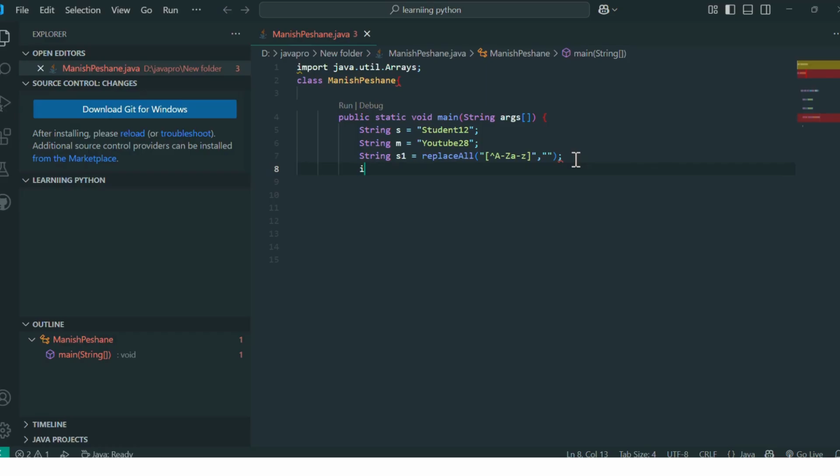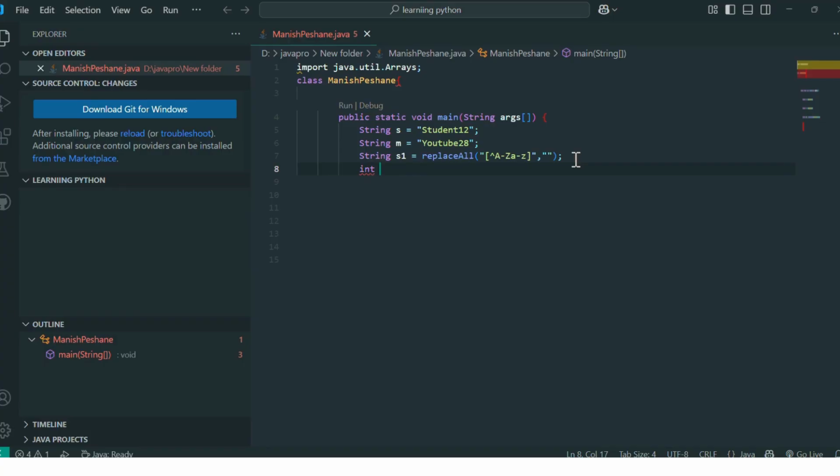Then the second one is int. Because this string replace method removes the letters and only string values are stored, there are no numbers stored. Because a string cannot be converted into int directly, we need to write a wrapper class method.